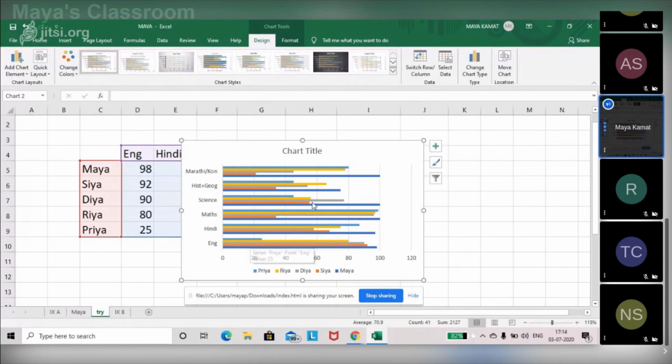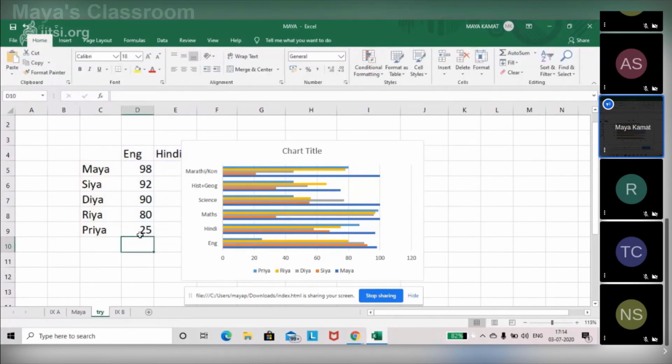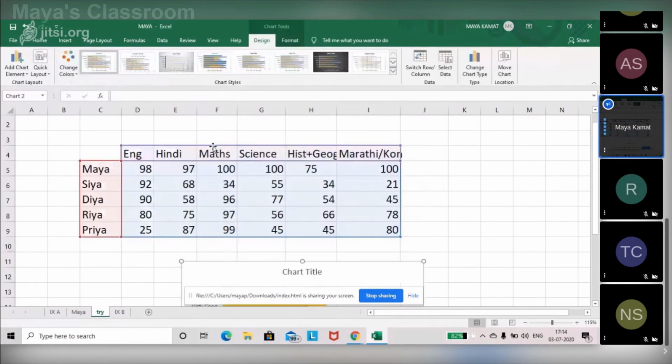It's a picture representation of your data. And many a times picture representations are effective because quickly you can make out in which subject people are falling back. Are you understanding? Rather than this kind of data what you have here, right? It is difficult for me to locate. I have to literally do analysis.